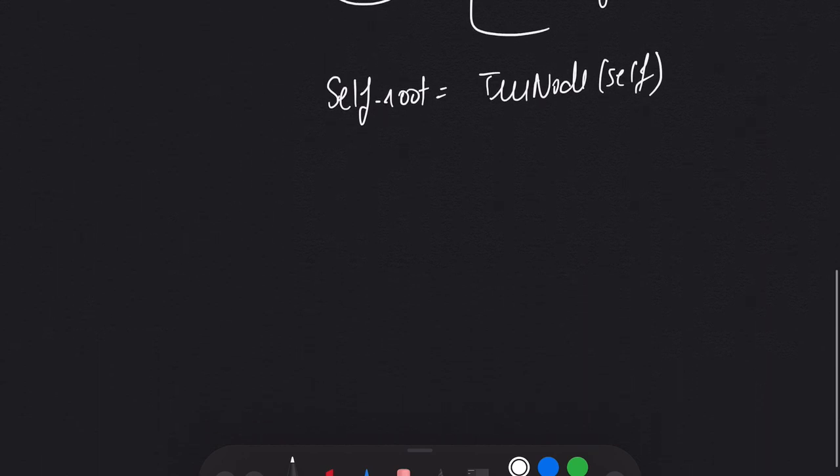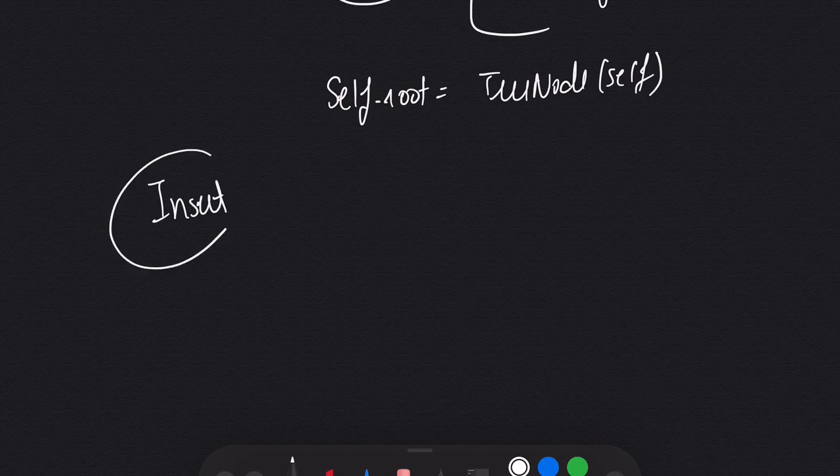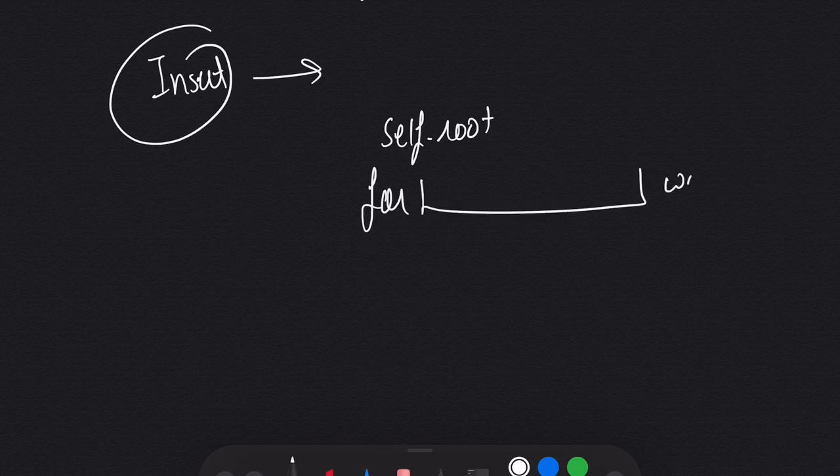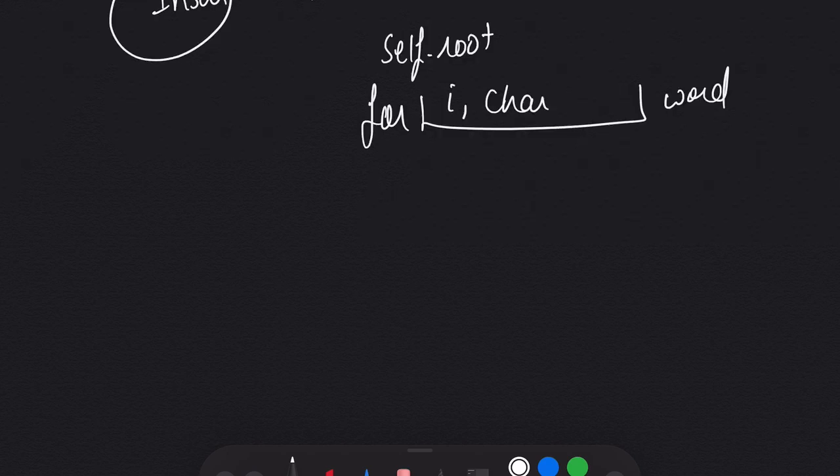And if we come to our insert function, first of all we will take our root, and then we will loop through our word, using enumerate with i and the character in the word. And if the character is not in the children,